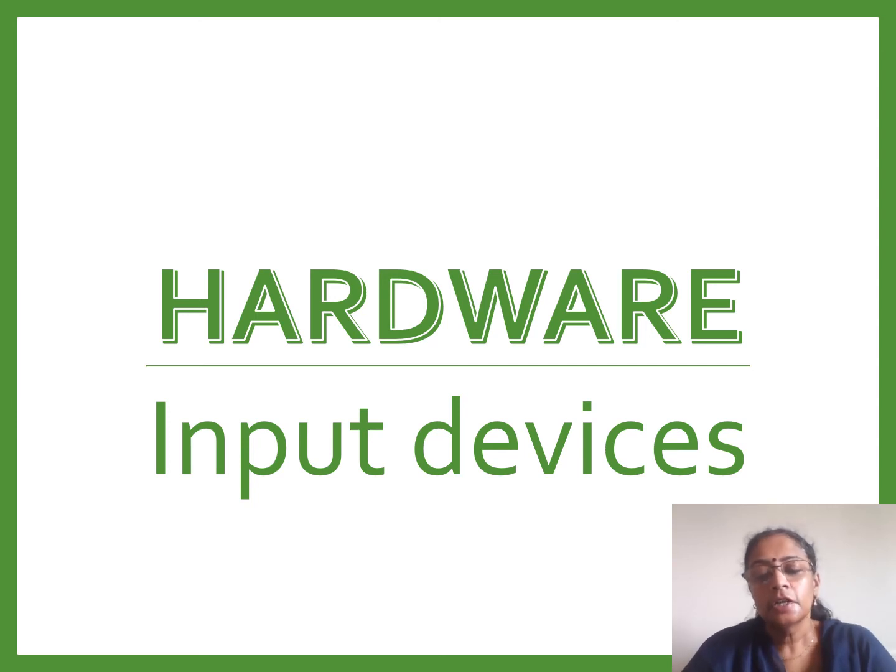Good day students. Today we are going to start with a new session for computer hardware. In our last class we had learnt about what is software, what are the different types of software, that is system software, application software, etc. And under system software we had learned operating system and utility programs, and customized and generalized application software. Today we are going to go to the next part of the computer system, which is hardware.